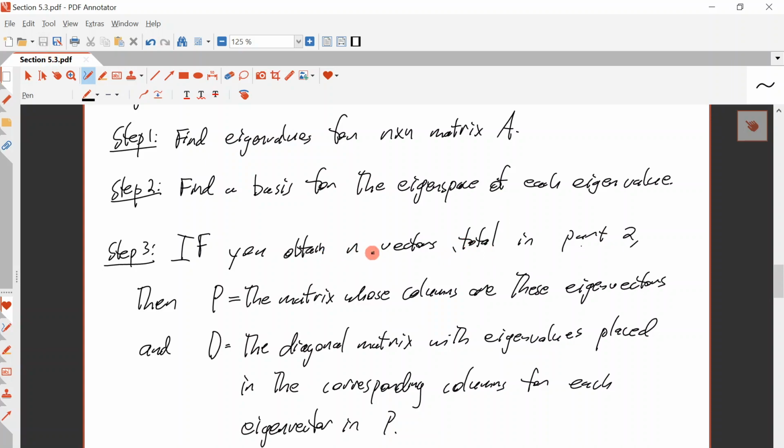Now, you won't necessarily get all n vectors, but if you can't, then you can't diagonalize. If you can, then you can. And then P is just the matrix whose columns are those eigenvectors, and D is the diagonal matrix of the eigenvalues along the diagonal. So, for example,